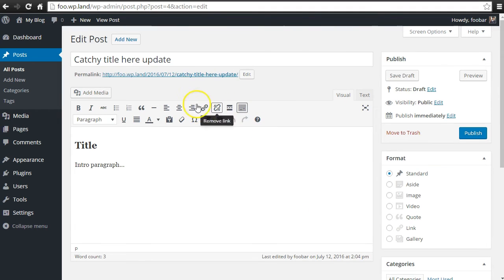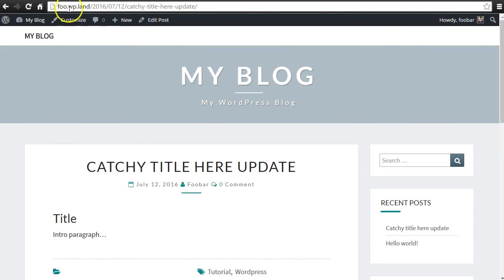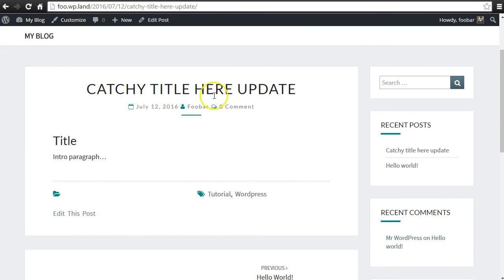And outside of that, you can go through, you can add images to your post using the Add Media. I'm going to do another video about that. But all of this, once you are done and you have the post exactly how you want it, you click Publish. When you click Publish, your post is now live. So I'll come through here and click on my URL, and you can see I've got my URL right there. This is my blog, and I've got my catchy title here.